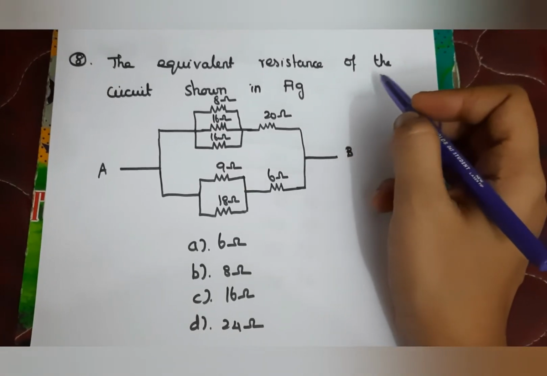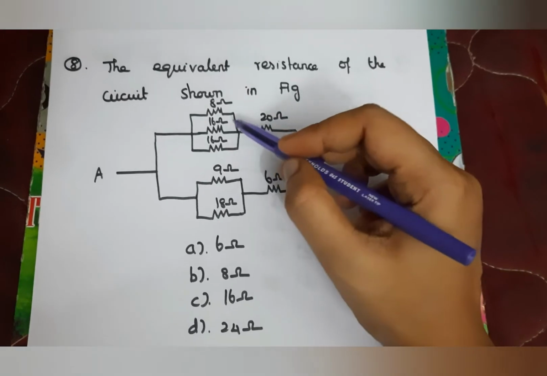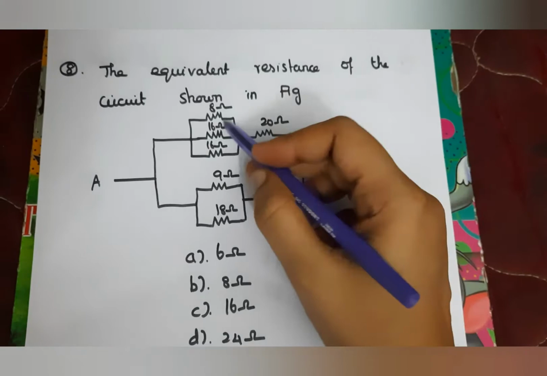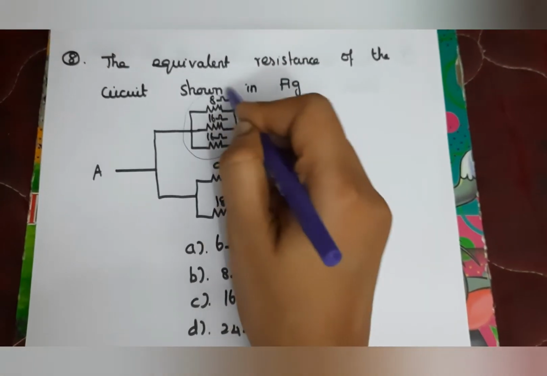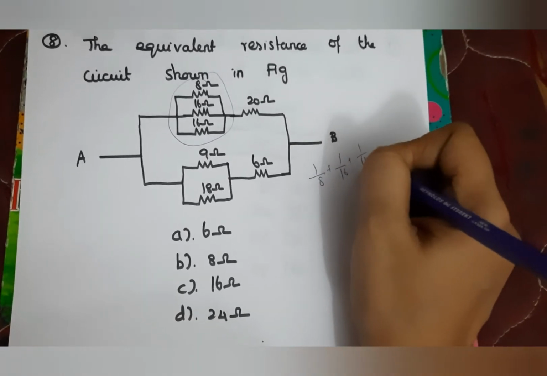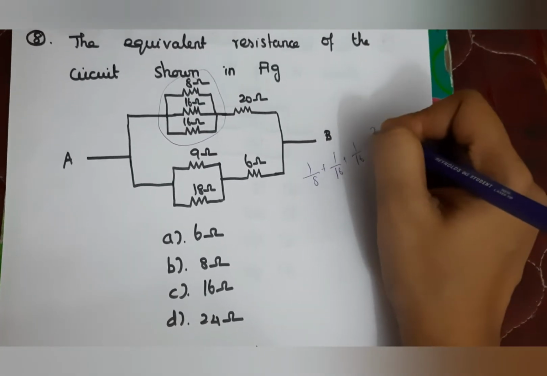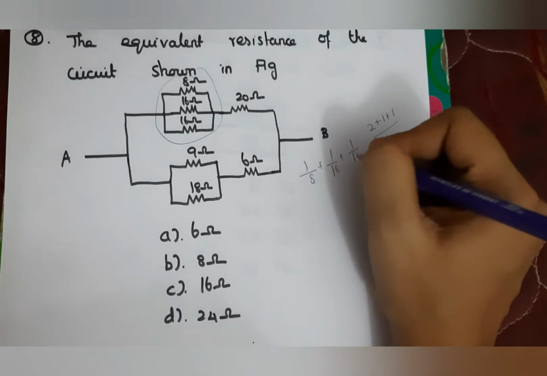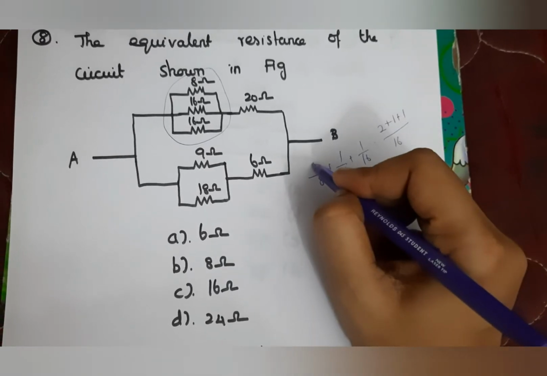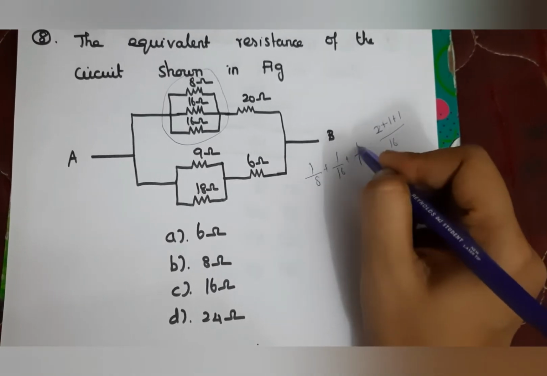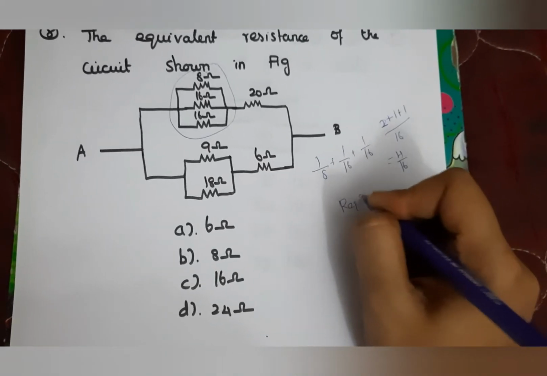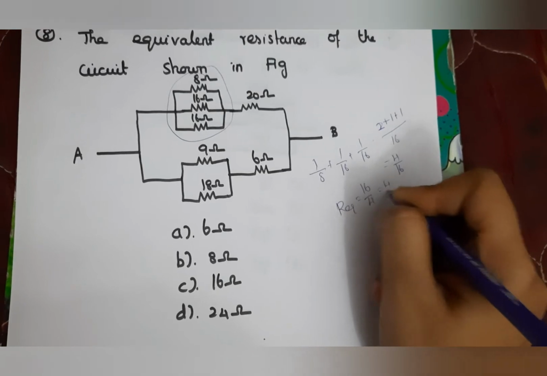So next question, the equivalent resistance of the circuit shown in figure. So this is a parallel connection. So first we solve the parallel connection. First taking this, it becomes 1 by 8 plus 1 by 16 plus 1 by 16. Taking LCM, 16 is the LCM. In 8, 2 times recurs, so this becomes 2 here and the remaining terms 1, 1. So that is equal to 4 by 16. So R equivalent is equal to 16 by 4, that is equal to 4.